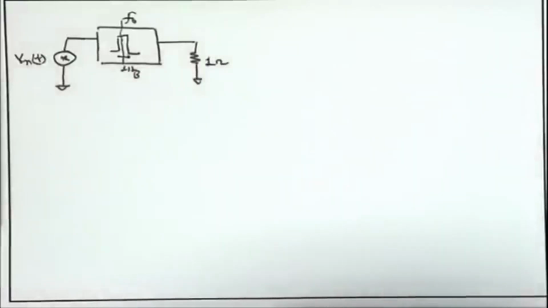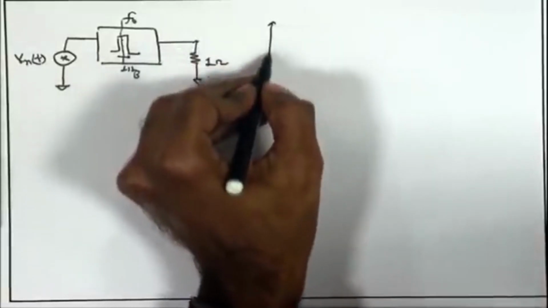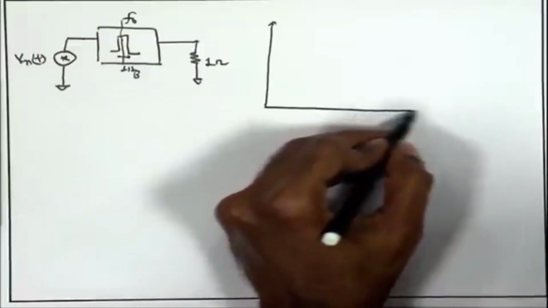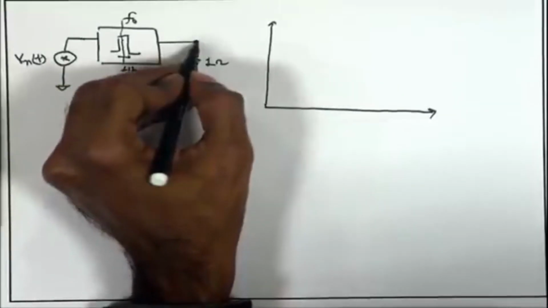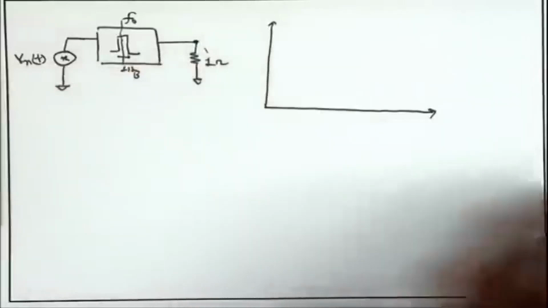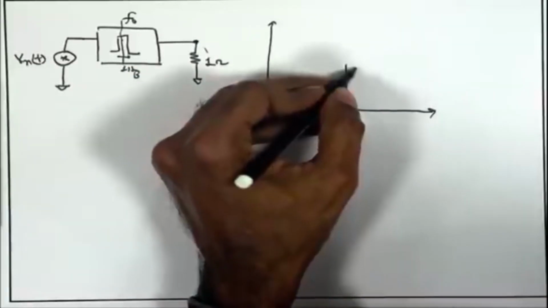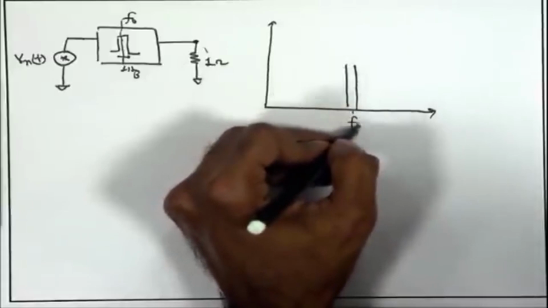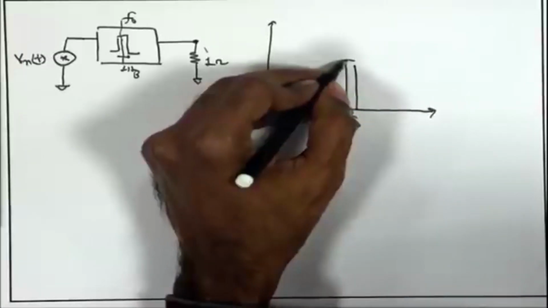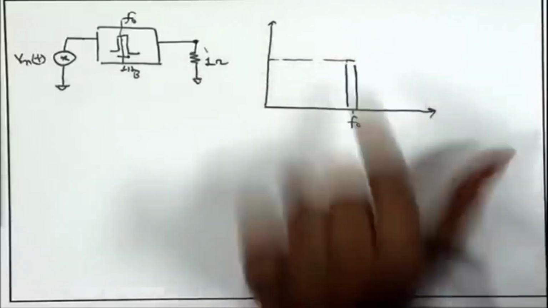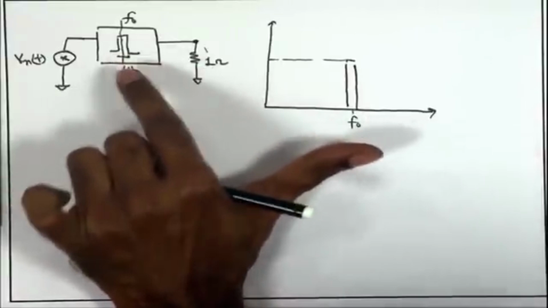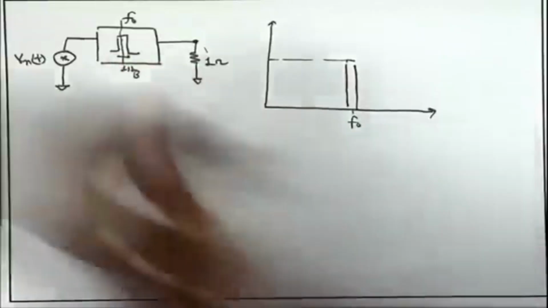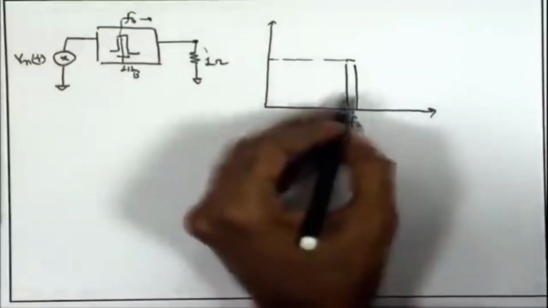All right. Now, if I once again plot the mean square value coming over here, that denotes the power delivered to this 1 ohm load when I am centering my filter at f0. So, whatever amplitude Vn square I get here, it is going to give me the power delivered to the 1 ohm load when the center frequency of this filter is at f0. Now, I can keep changing this f0, I can keep sweeping this f0,